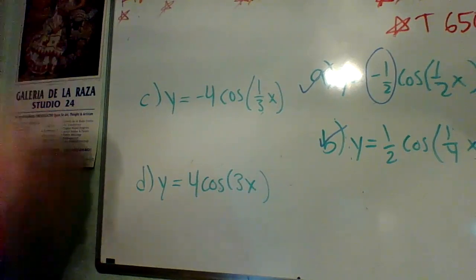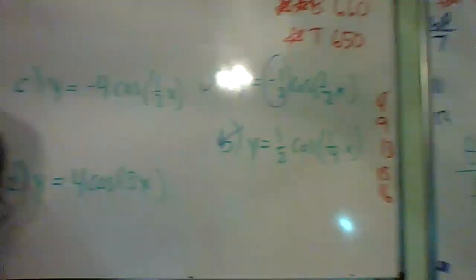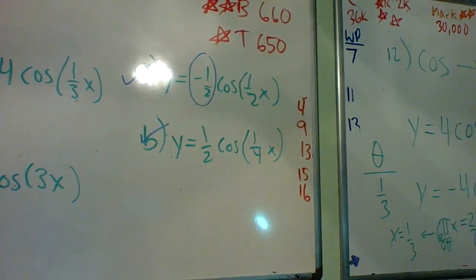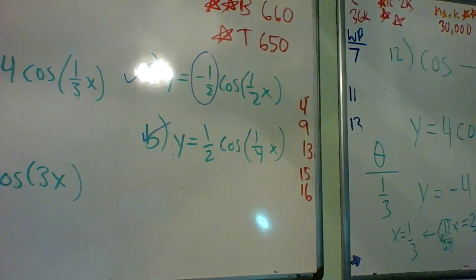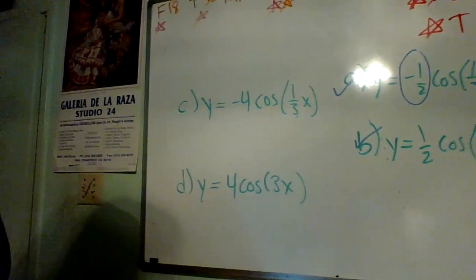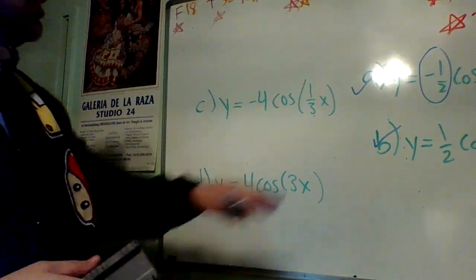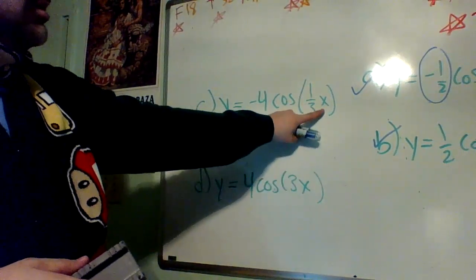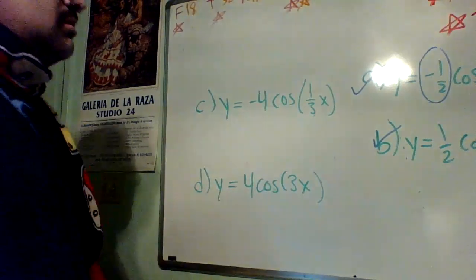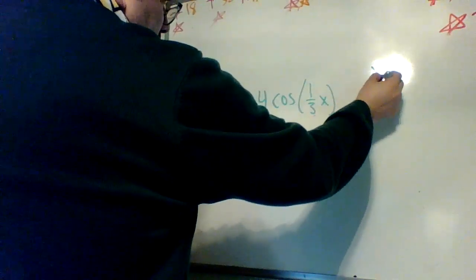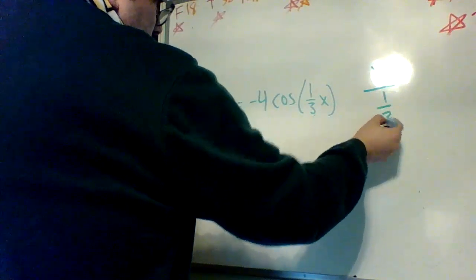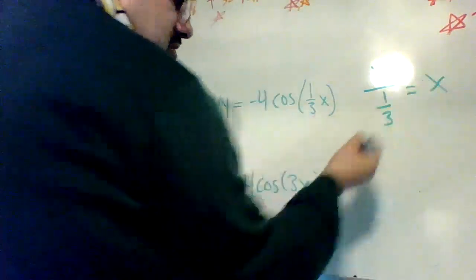We can either think about it logically what it means, because if you notice over here on this side where we have that theta over 1 divided by 1/3, well, we don't have that same exact setup over here because our theta or our x is not over something. But we can do a calculation. So let's see. So if x is over 1/3, this means that x,